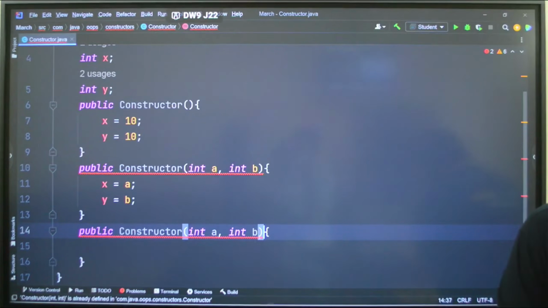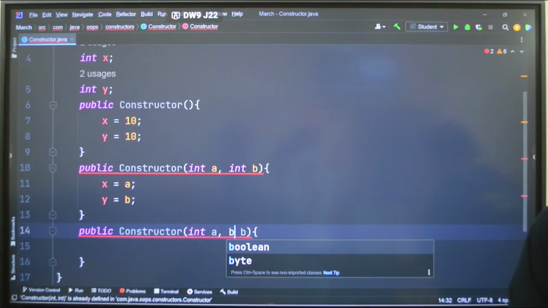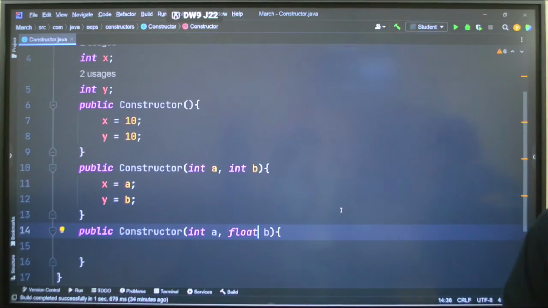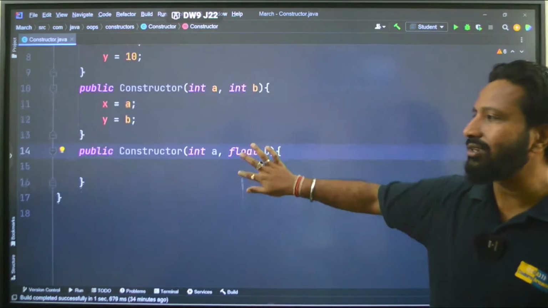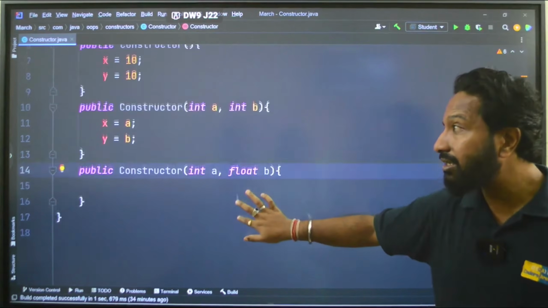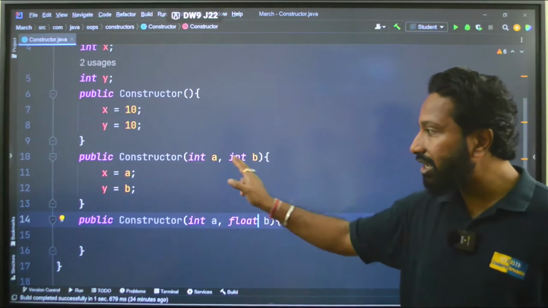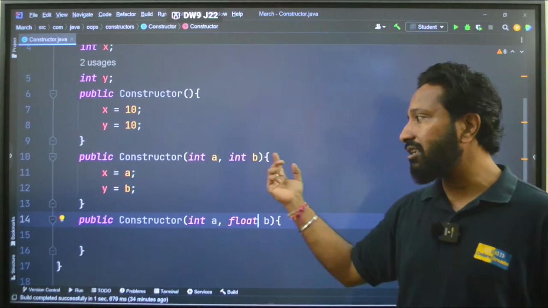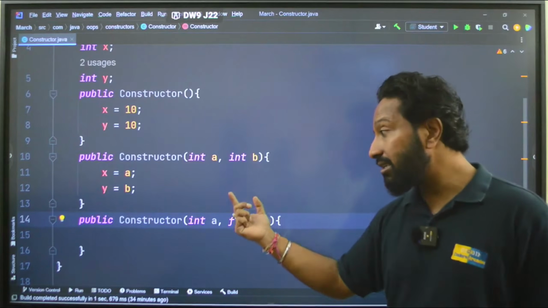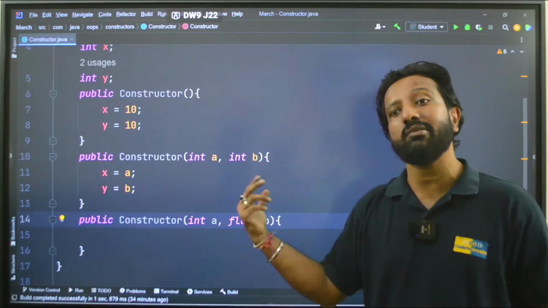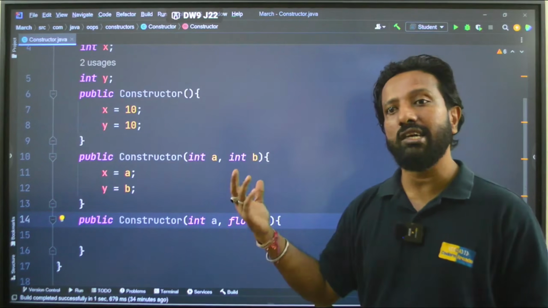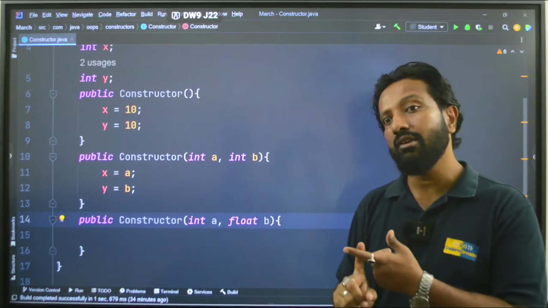As I said, you can either change the data type here. Say I am writing float. See, now there is no clash and it is absolutely fine. Got it? So either you change the type of the parameters or you change the number of parameters. Here there is no parameter, here there are two parameters of int and int, here there are two parameters but the data type is changed. Got it? So this is how you can do constructor overloading, which is a part of polymorphism in object oriented